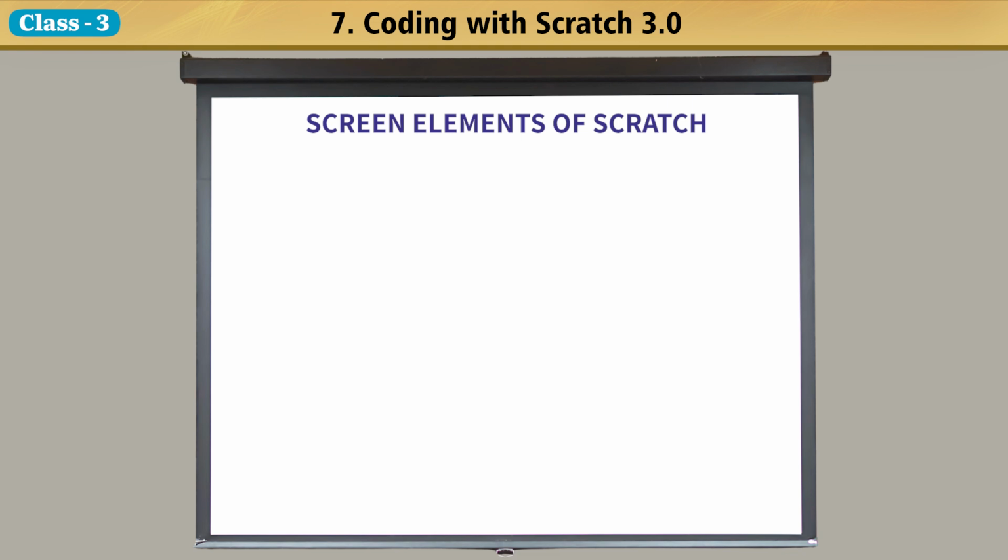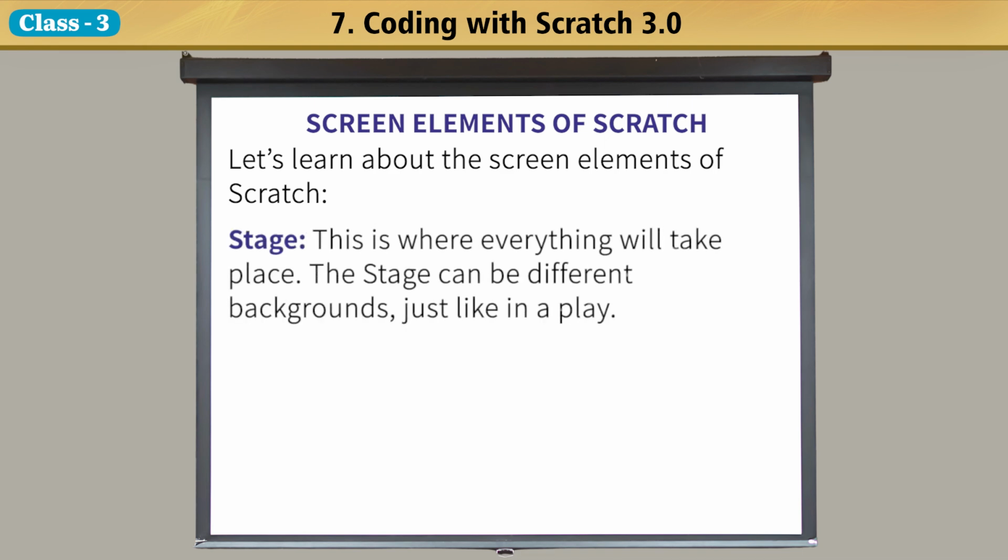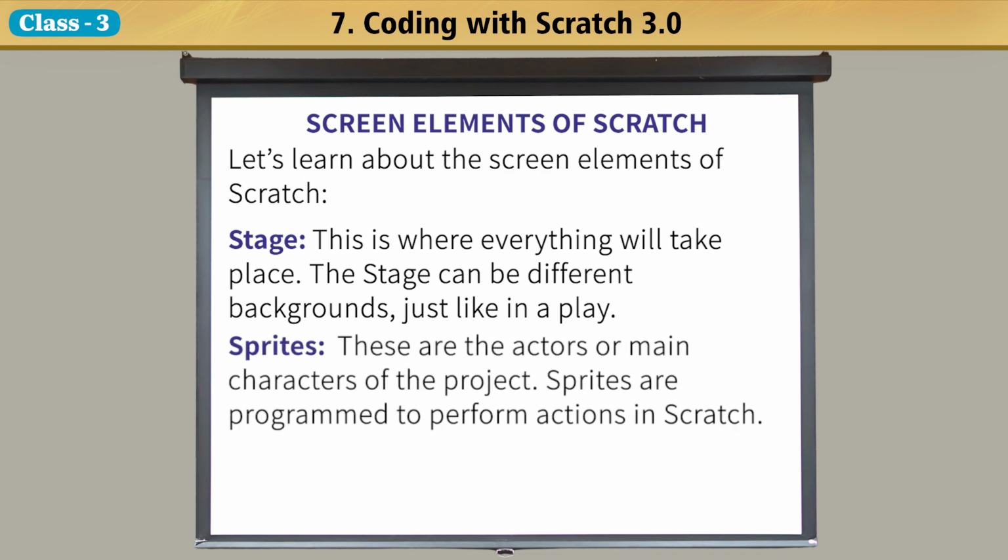Screen elements of Scratch. Let's learn about the screen elements of Scratch. Stage. This is where everything will take place. The stage can have different backgrounds, just like in a play. Sprites. These are the actors or main characters of the project. Sprites are programmed to perform actions in Scratch. Script.